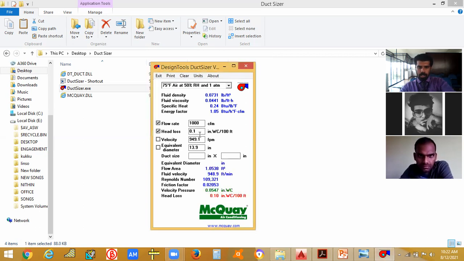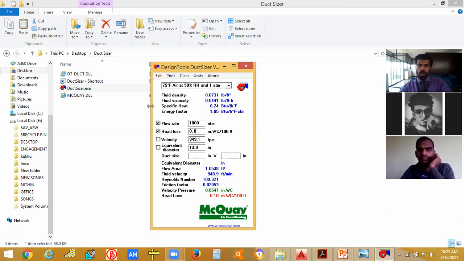So automatically I got the velocity, I got the equivalent diameter, and if I need to get the duct size, I have to give any value here. If I give some value here, automatically another value will be shown in this place. So when I give CFM with the head loss, I got the velocity and the equivalent diameter. So I am going to find, if I am choosing a rectangular duct or a square duct,